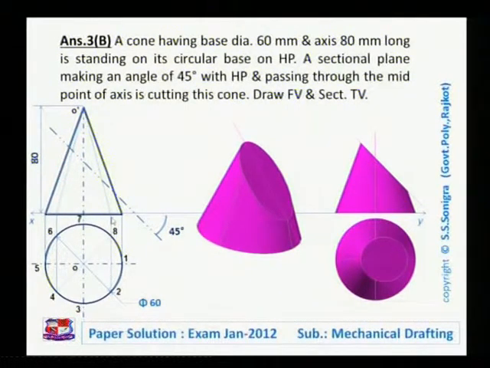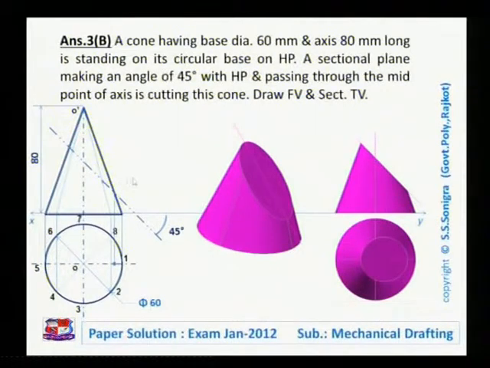After drawing these generators, let me pick up the points of intersection between the cutting plane and the cone generators. You can see here, this is one point. Find the point of intersection between the generator and the cutting plane. This generator is O1 or O dash 1 dash, and this is the cutting plane; both intersect at this point. From this point, draw a vertical line, and this vertical line will cut O1, the imaginary generator in top view, at one point. So this is our first point, that is P1.